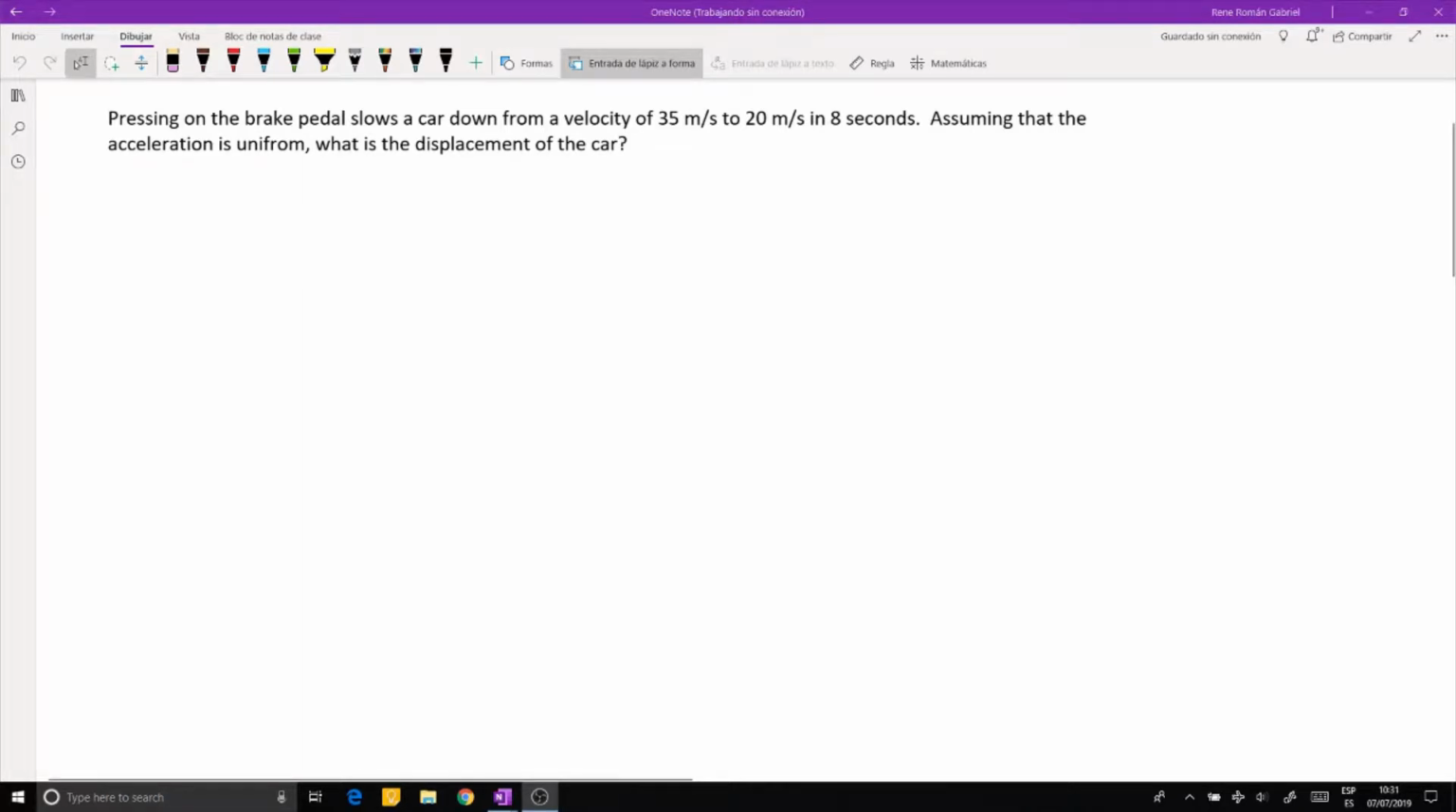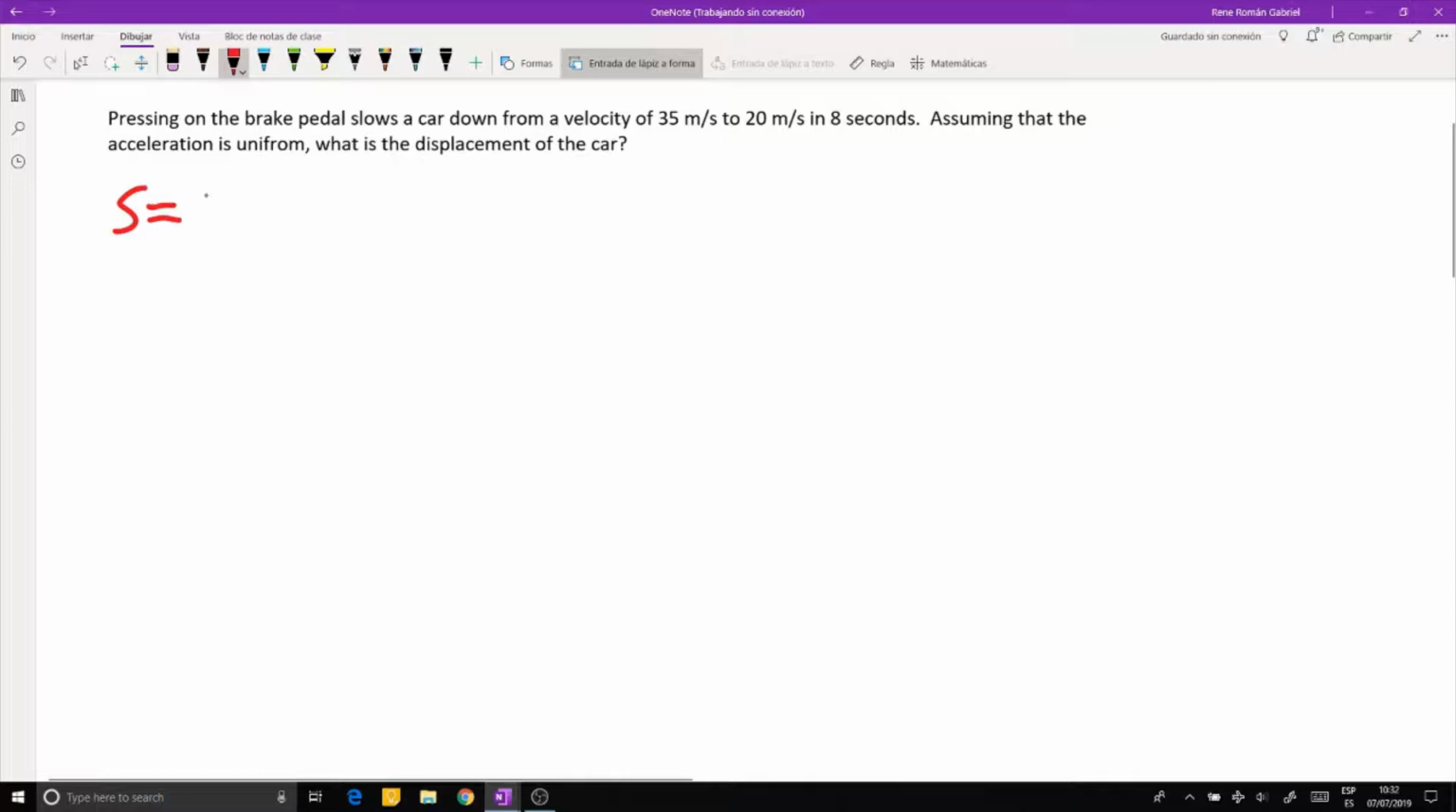Pressing on the brake pedal slows a car down from a velocity of 35 meters per second to 20 meters per second in 8 seconds. Assuming that the acceleration is uniform, what is the displacement of the car? So, what we'll do is use this formula, which is S